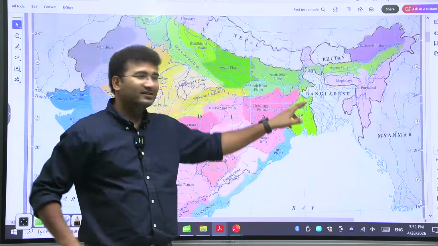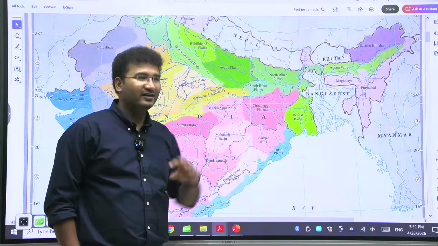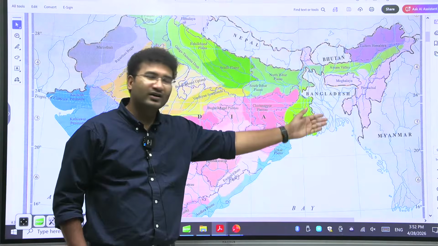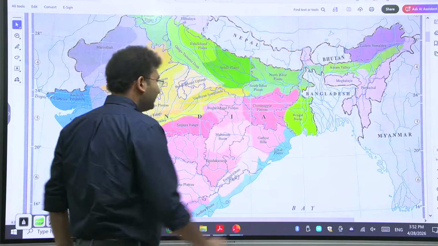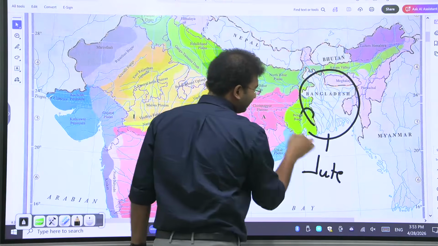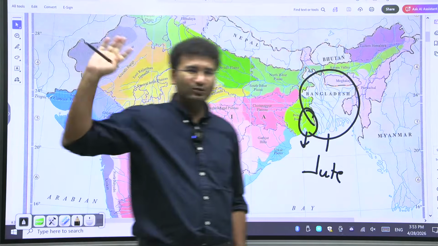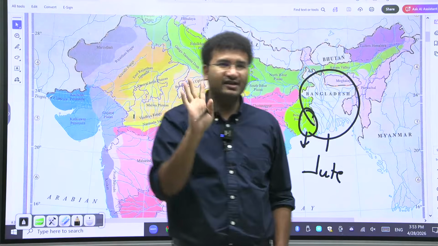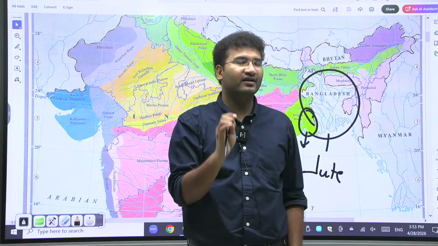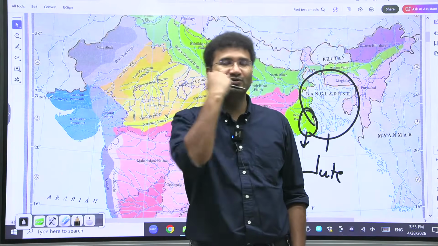And in Bangladesh, if it rains, it just doesn't rain, it pours, right? It just pours like water, the rainfall. So too much of water, that's the reason why the cultivation of jute is there. Jute is also grown in Bangladesh. Remember, if anything is asked about jute, remember one thing: jute can be grown in areas where it is waterlogged. Okay? Where can waterlogging happen in India?